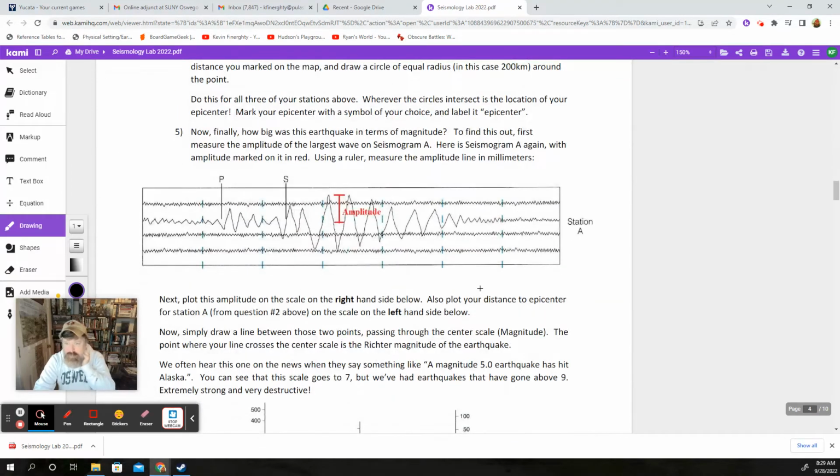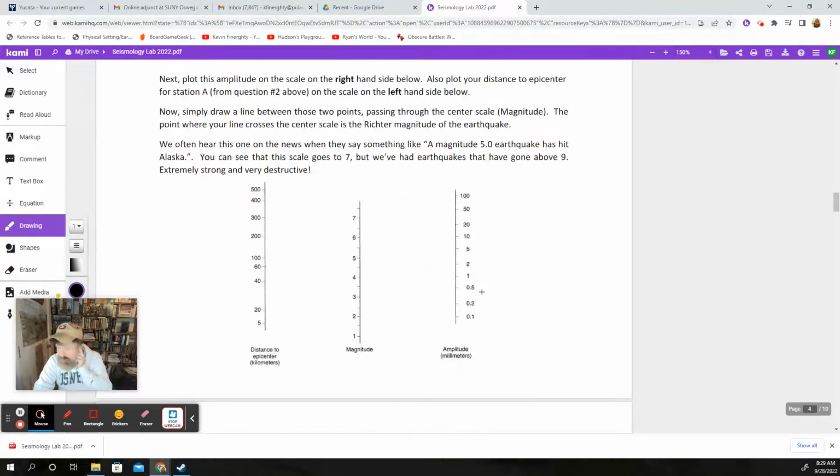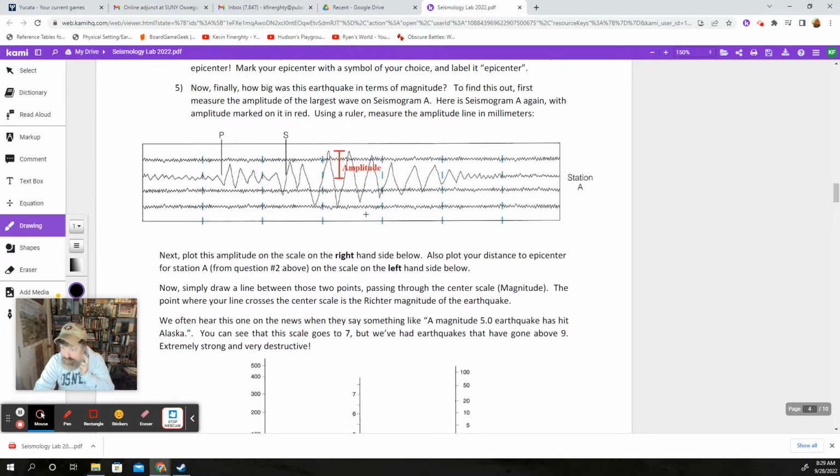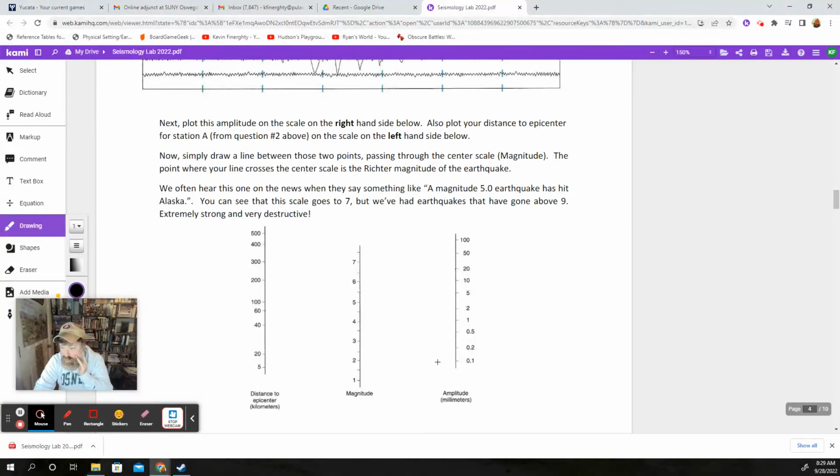All right. Now, the amplitude thing's kind of neat. I suppose printing this page out would be necessary too. So ignore my print all the way to page 4. How tall does the tallest wave get? And then how far away is it? And then it's really quite easy. You'll just plot, and throw a straight line. Read these directions for more specifics.